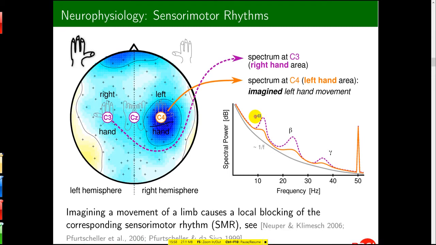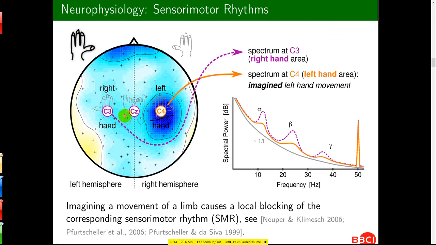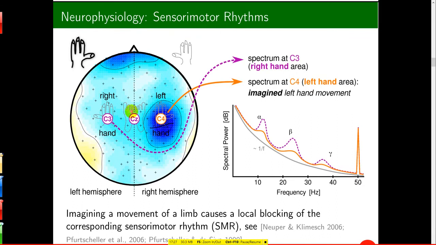or there is suppression. Not only moving, but also imagining a movement of the limb causes a local blocking of the corresponding sensorimotor rhythm. Similarly, if you imagine moving your right hand, what happens? The left hemisphere of your brain, in particular the sensorimotor area, will have some suppression in the spectral power. For instance, you can take this C3. And when you imagine moving your foot or your feet, right, the functional location where we can detect these patterns,